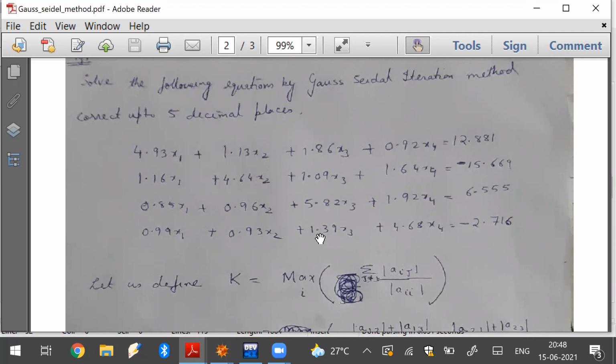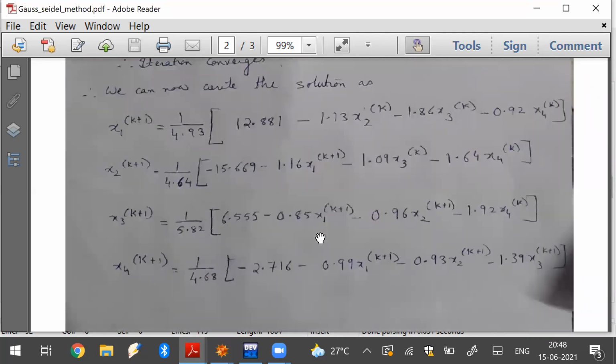Again for x3 and x4. And for Gauss-Seidel, what is coming? Suppose I am calculating x1 at the k plus 1th iteration step, and it is the first variable to be calculated at that step. So all the remaining variables of the previous iteration step, that is the kth iteration step, are considered here. Now once x1 is calculated, I go to x2 calculation.